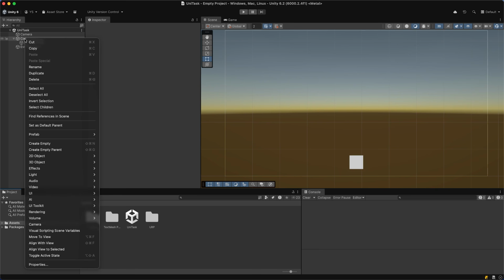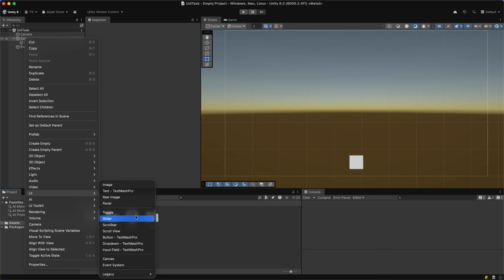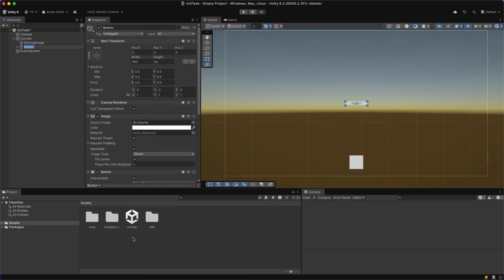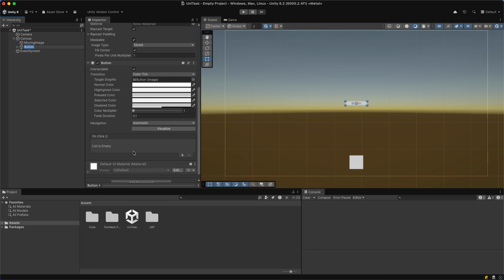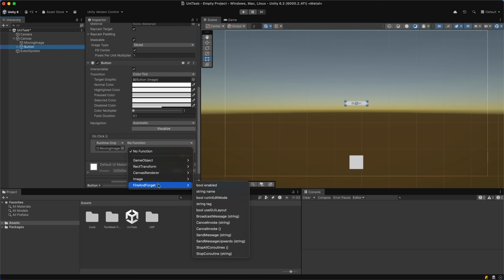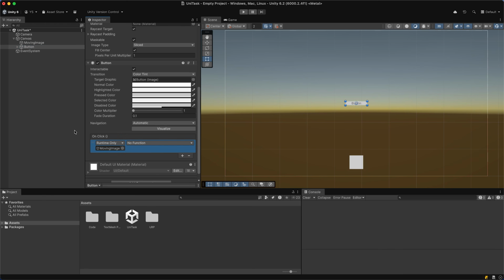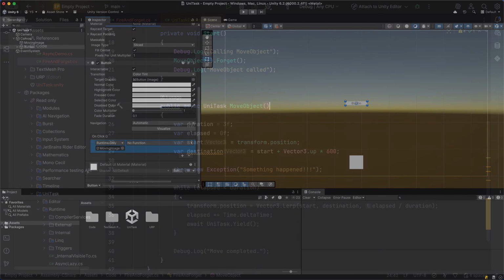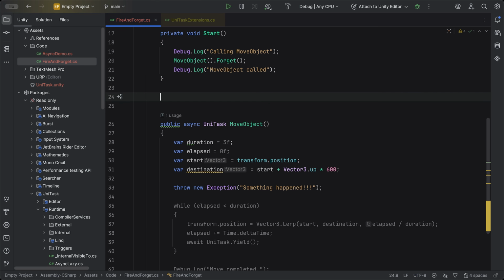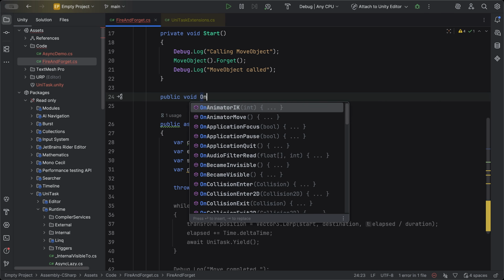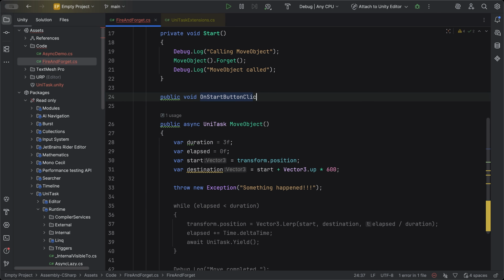Now, there's one situation where you can't use UniTask with Forget, and that's Unity event callbacks. When Unity calls a method from a UI button click, an animation event, or any other built-in event system, it expects either a regular void method or an async void. You can't make those methods return a UniTask because Unity simply doesn't know what to do with that return value. The solution is simple. Create a regular non-async void method, and inside it, trigger your async logic using UniTask with